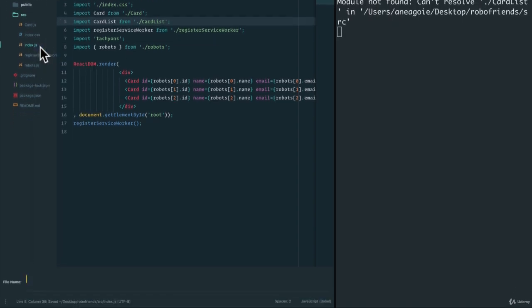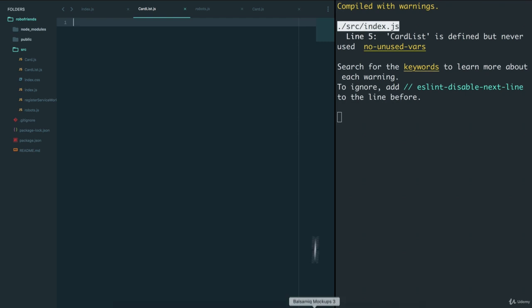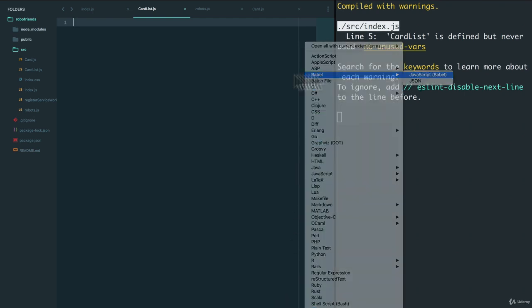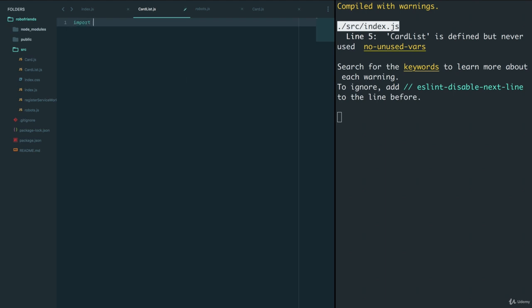So we'll say new file, card list.js. Again, changing it to our Babel syntax. We'll do import React from React. And I'll make this a little bit bigger. And again, we'll just say const card list equals. It won't accept anything for now,